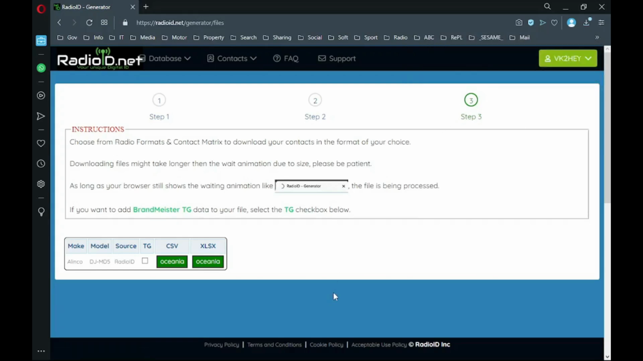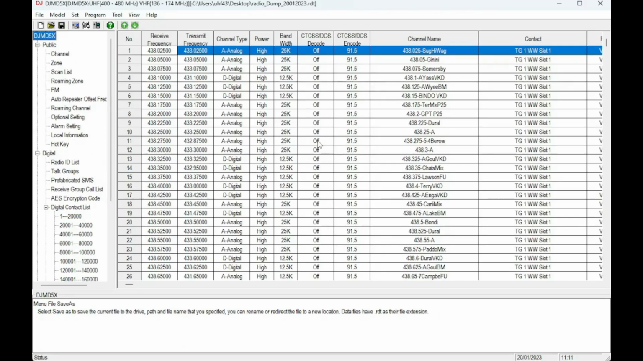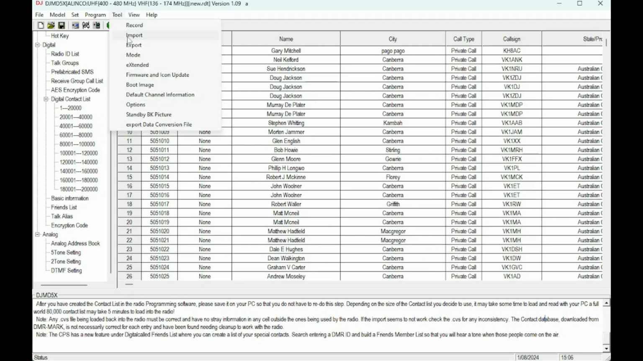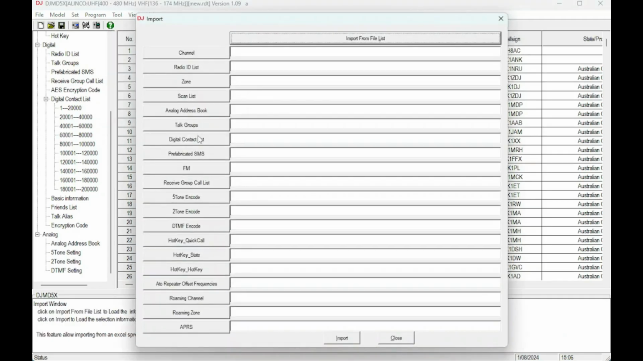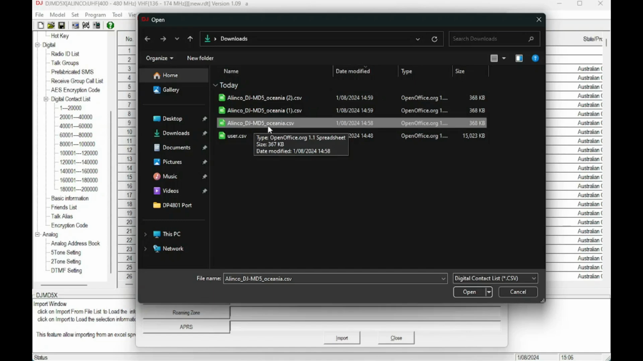So we now go back to the Alinco software. Even though we did a dump of the code plug for the Alinco before, if you don't want to change the code plug, if you want to leave it intact, you can. So what you have to do now that you've downloaded the CSV file Oceania, you have to go to import, and then digital contact list, and then we go to, in this case, Alinco DJ-MD5 Oceania CSV, and you'll see